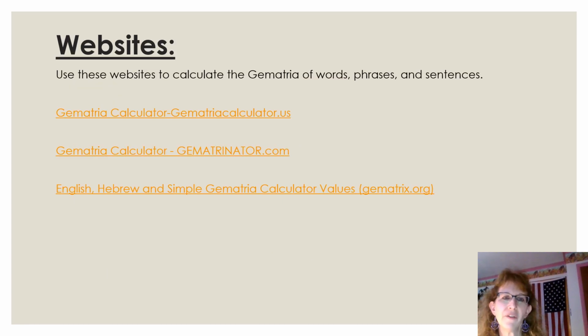Okay, so then for your own work with Gematria, I have listed 3 websites that will help you, instead of sitting and doing it with pencil and paper and a calculator, which I had been doing. There are some valuable websites that can help you. You just type in the word, the phrase, or the sentence, and it will give you the value. So we have gematriacalculator.us, gematrinator.com, and